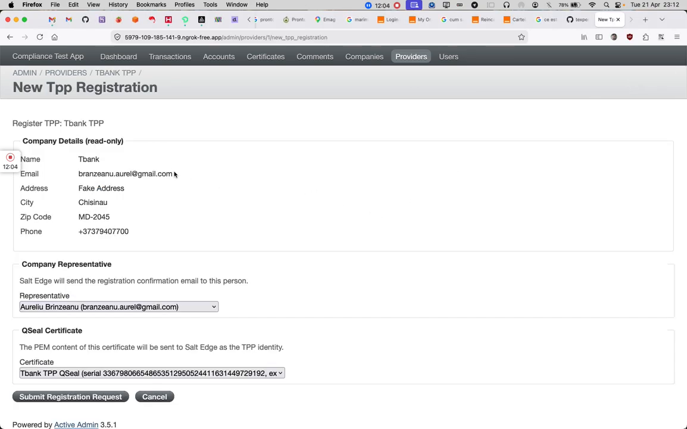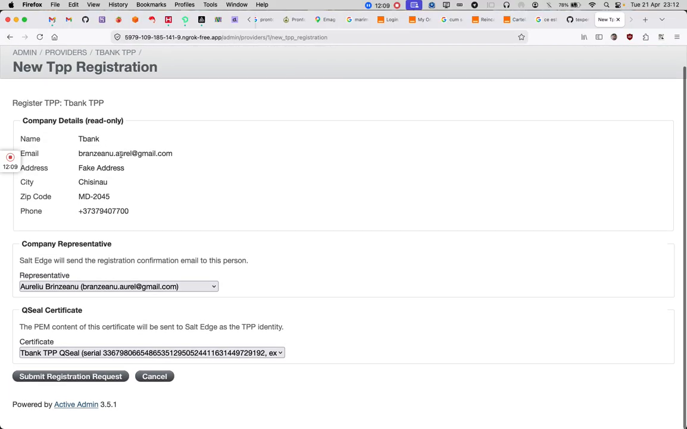So it will use my email address, the TPBank provider. So company representative, my name and email, and the generated QSeal certificate. Now let's push the submit registration request button,